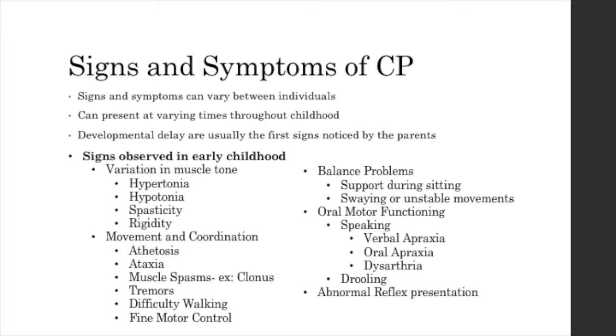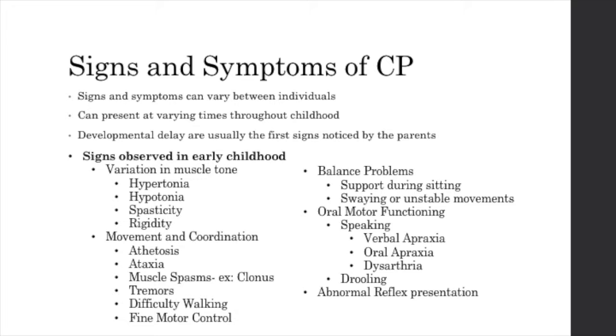Proper muscle tone allows normal movements of the limbs and torso of the child. When variations in muscle tone occur, the child may have problems with things such as sitting, standing, maintaining posture, or even walking. Signs that are often seen with muscle tone include hypertonia, which is increased muscle tone or tension, which can lead to stiff or rigid limbs. Hypotonia is decreased muscle tone. It can lead to relaxed or floppy limbs.